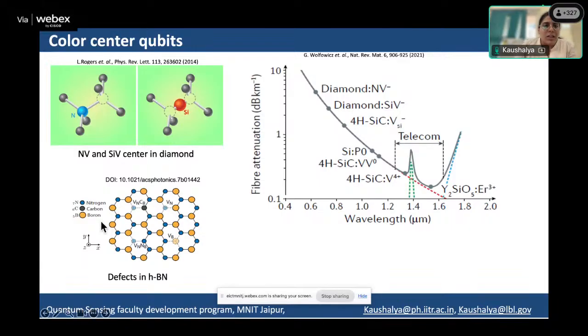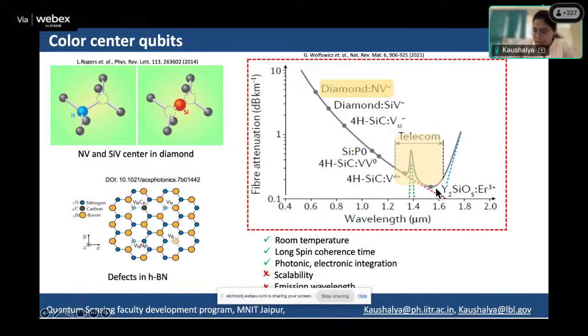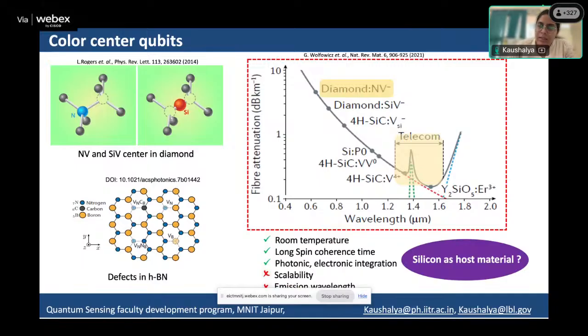The other popular color center candidate is defects in hBN, hexagonal boron nitride. Here, I want to emphasize this because the telecom band is of our interest, and now the question is what material can give us defects or color centers that can emit photons in the